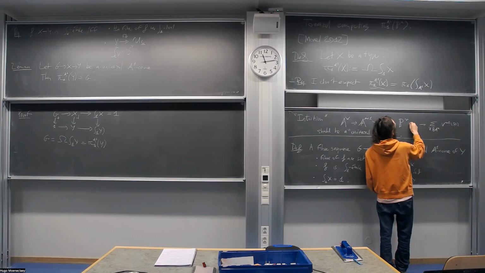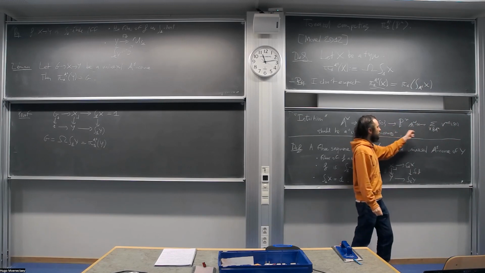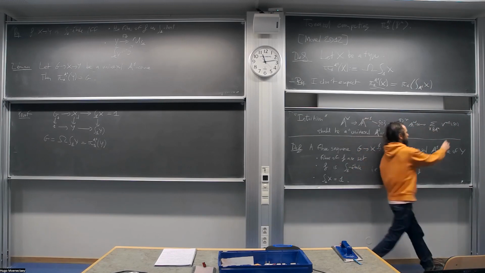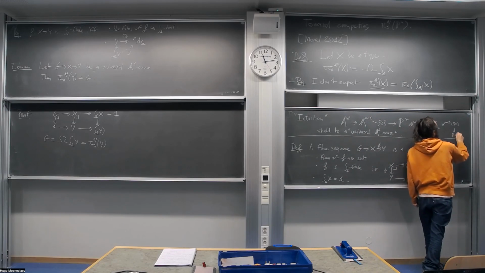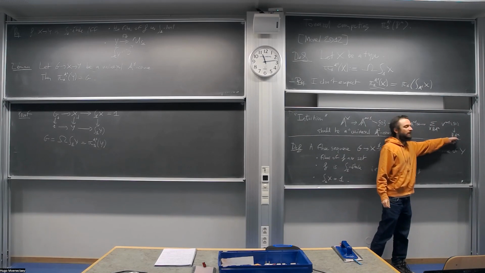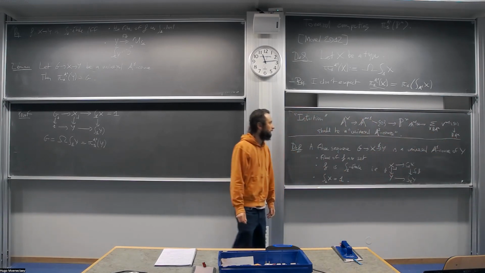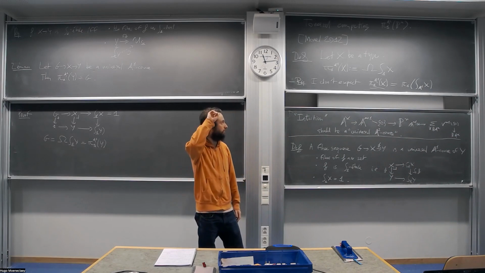You have an inclusion of A n plus 1 minus 0. And the fiber of this map is the loop space of this one, which is A times, which I mean is not a...